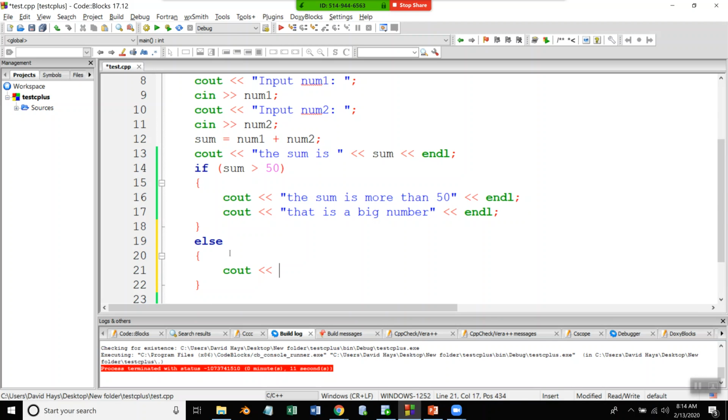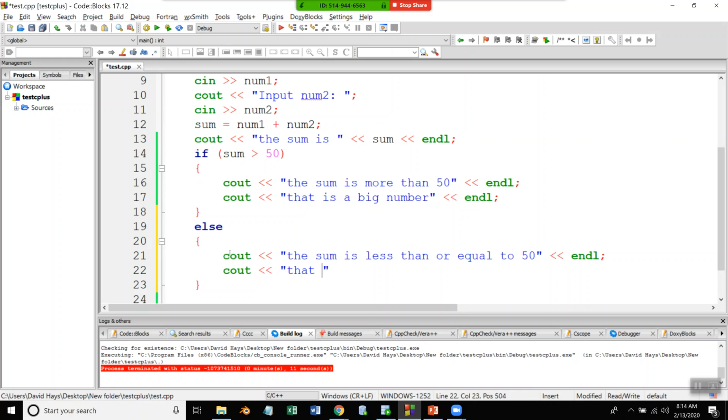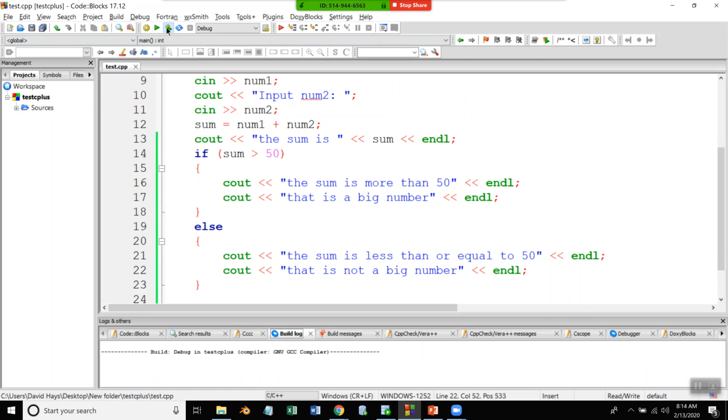Cout, the sum is less than or equal to 50. Cout, that is not a big number. Endl. So if I run that,